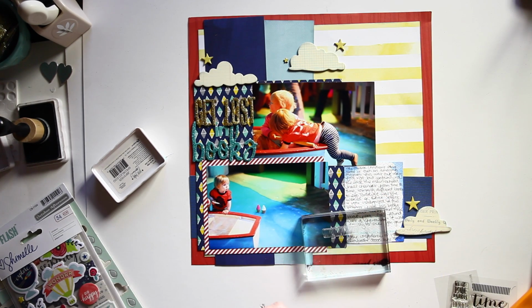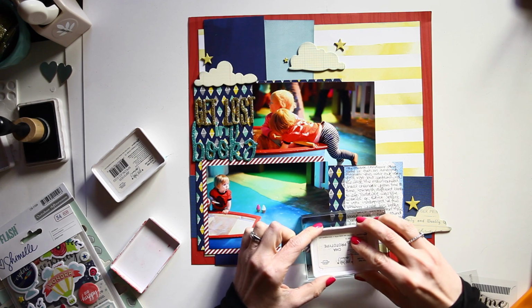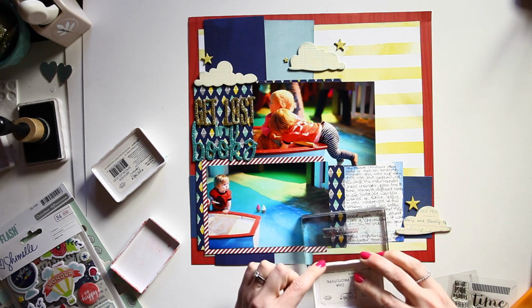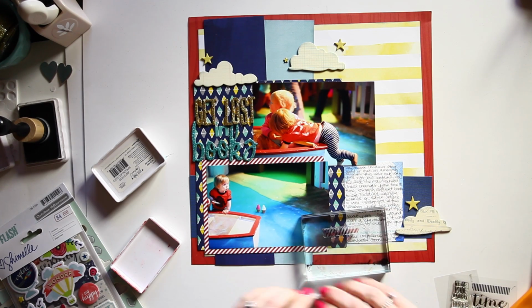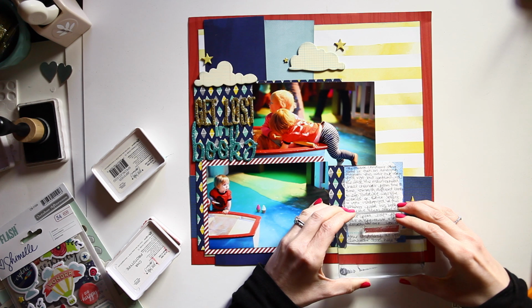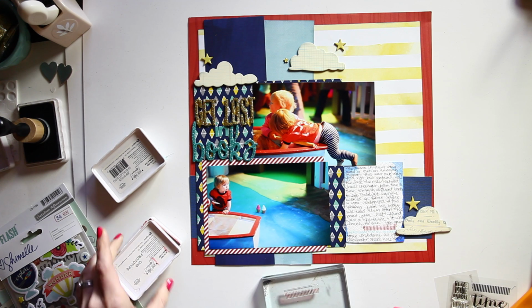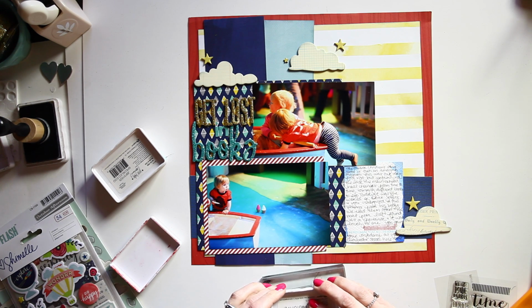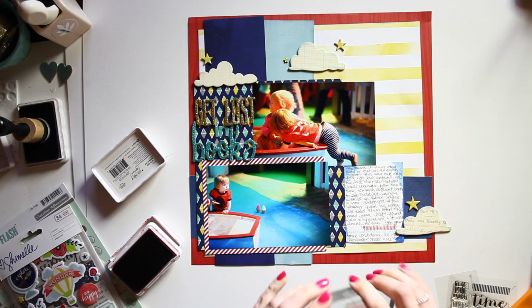Okay, so here's my stamp, here's my ink, and I'm using just the edge and tapping. And it's not precise, but I don't have ink that goes all the way up to the top. That's what I'm going for. And then place that there. And because I'm stamping it on watercolor paper, this is also going to make it even less precise,